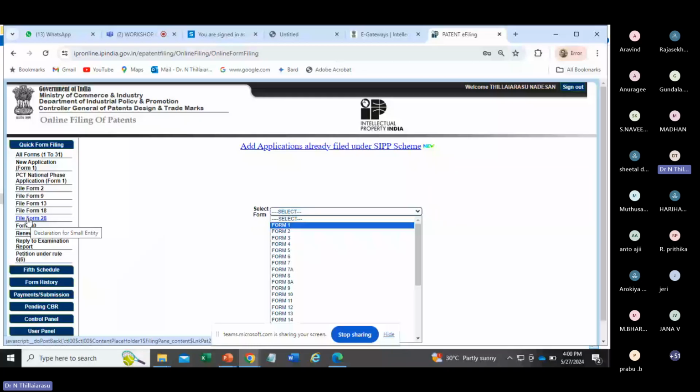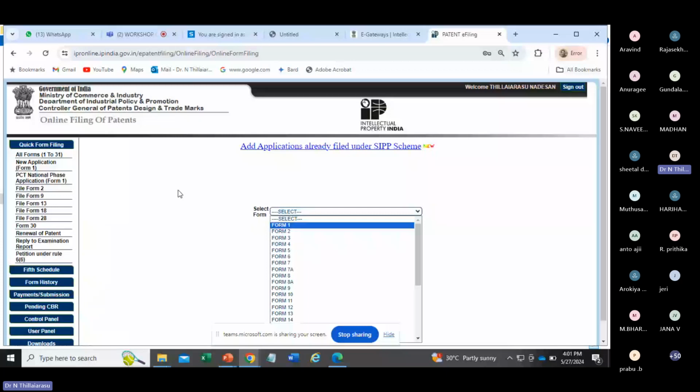Form 20 is for small entity. If you are registered with any MSME or any incubation center, you have to file your company under the category of small entity. For the declaration of small entity, you are supposed to use Form 28. Okay, and Form 13 for miscellaneous and the renewal of patent, all those things.